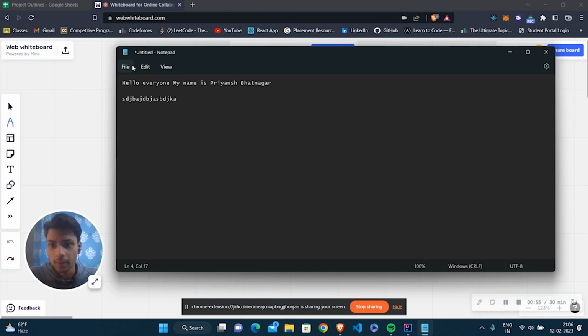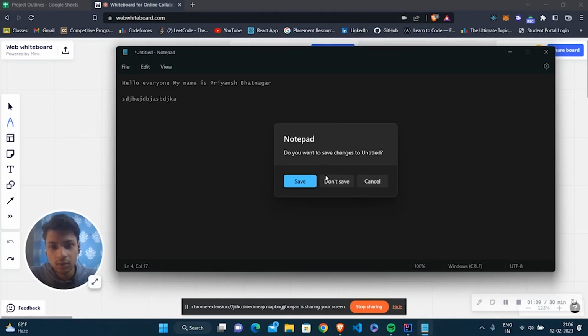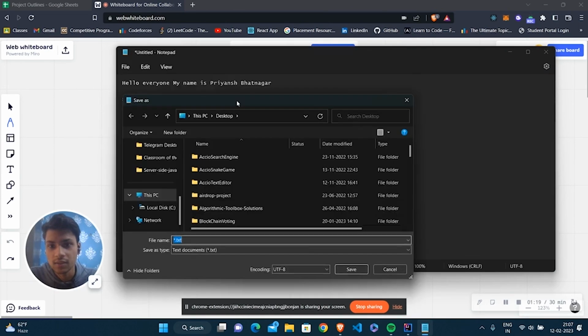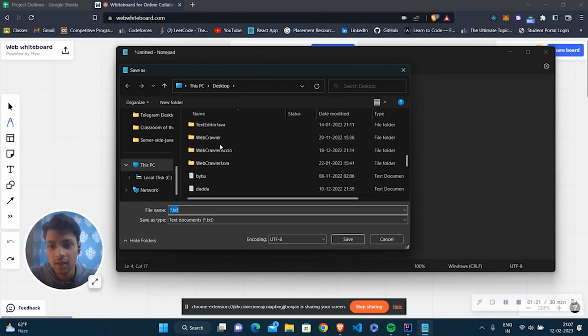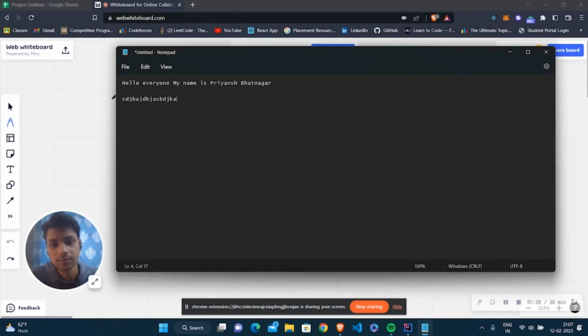In this, we have a menu bar. In this menu bar, we have some menus, right? So in this menu, we have some functions. The first one is new, second is new window, third is open, and save as, and so on, right? So if I click on open, I can open some another file, right? So I can just save this file, and there's a file picker that opens up, right? And I can select the file name here, right? And I can click on the save button and so on, right?